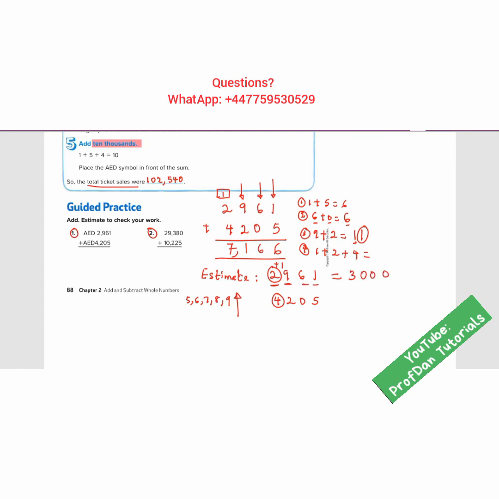So that's 3,000. And for the second one, 4 has been circled. Check the number next door. It is 2. 2 is less than 5. So it says round down. That is, do nothing to the circled number. So it still remains 4, while all other numbers turn to zeros. You add these. 3 plus 4 is going to give you 7, which is 7,000, close to